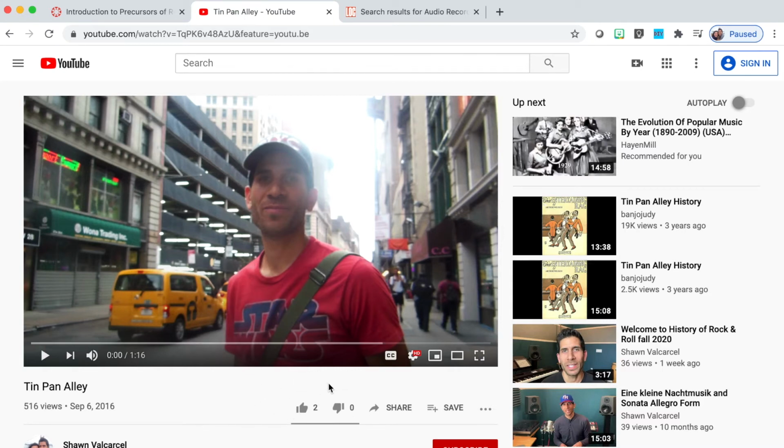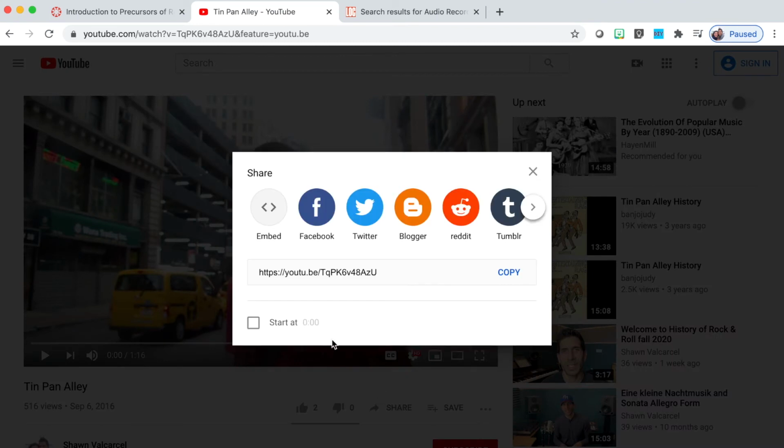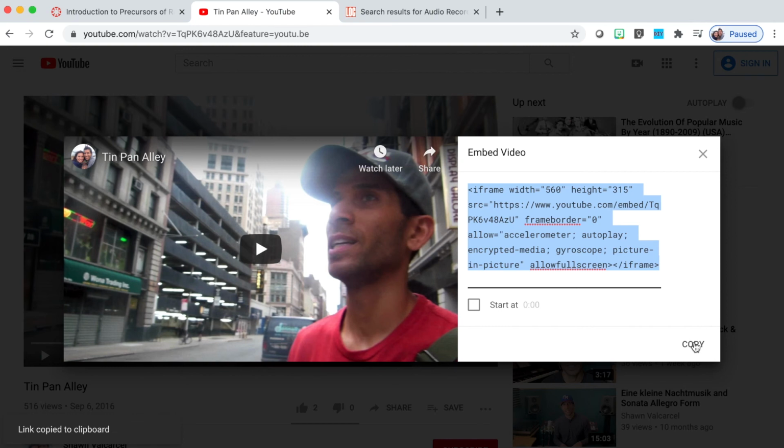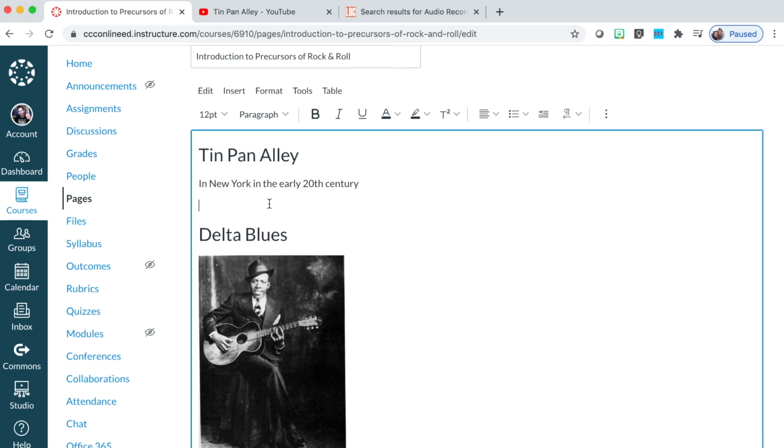And in YouTube, I simply locate the share button at the bottom of the video, select the button, and you see that there are different options. The first top left option is embed. So I need to select this button, and here is the embed code. So I'll go ahead and use the convenient copy button at the bottom right. So now I know that my link is copied. So now I'll go back to my Canvas page